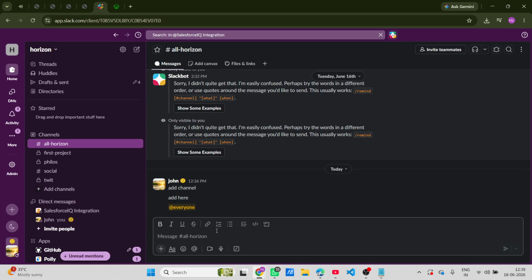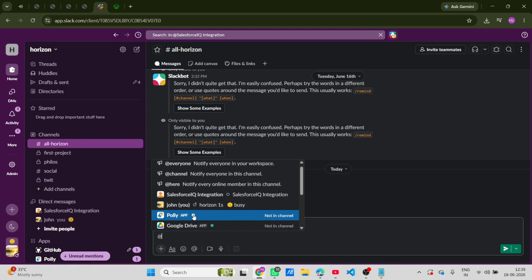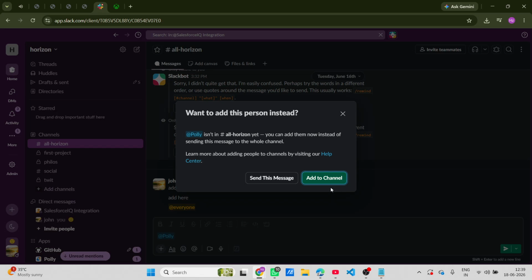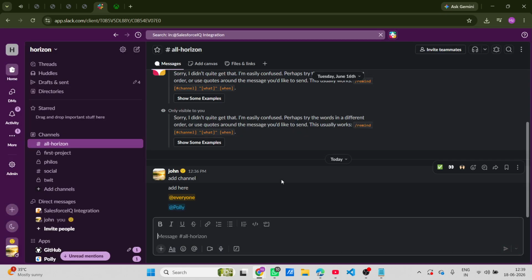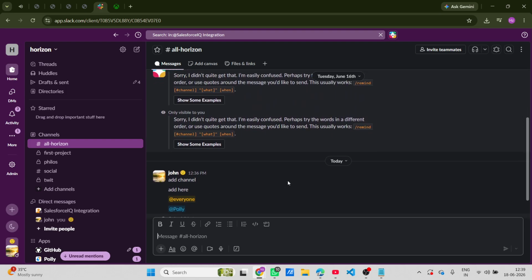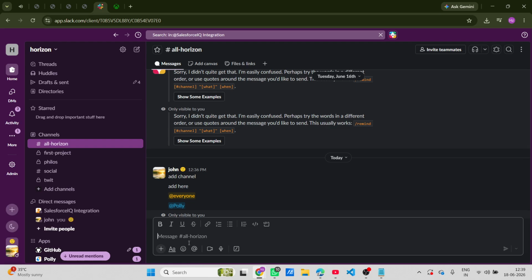This action will send a notification to every single member of that channel, whether they are online or offline at that moment. If you only want to notify those who are currently active, you can use @here instead. This is particularly useful for times when you don't want to disturb everyone, just those who are available and may see your message right away. So for instance, if you're asking a quick question and need an immediate response, @here could be the way to